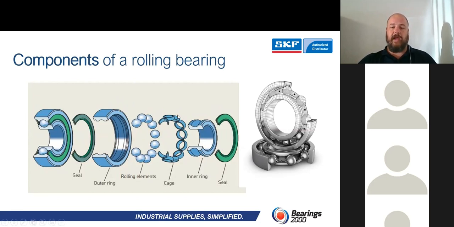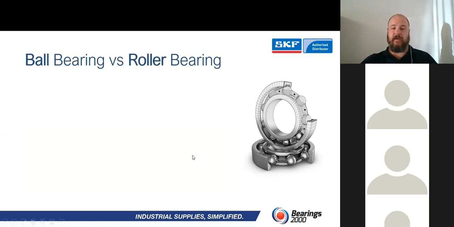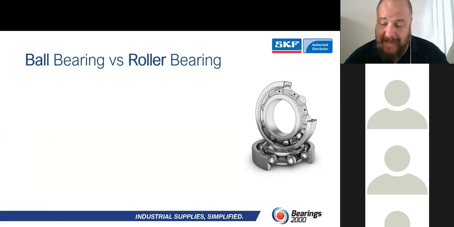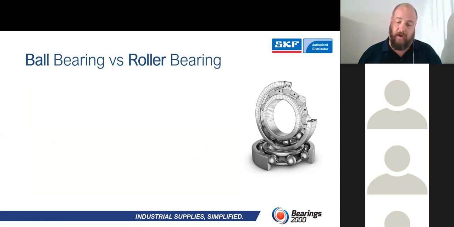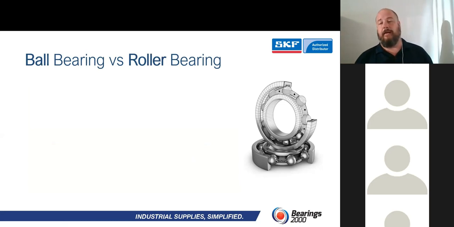So when looking at ball, there we go, that's a ball bearing over here. We now need to separate these into the two different categories. And when we look at the two different categories, we've got the ball bearings and the roller bearings. And all of them are made up of these ball and roller elements. So you would have deep groove ball bearing, angular contact ball bearing, self-aligning ball bearing. They've all got the balls in there. And then the roller bearings, which is your needle roller, cylindrical roller, spherical roller.